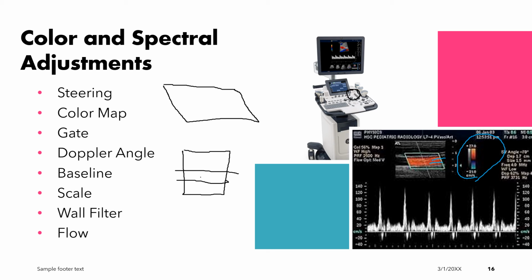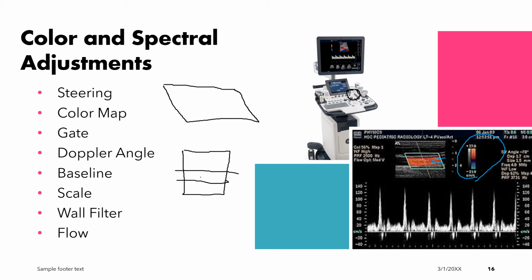Now, an important note to make here is that as an operator, you have the ability to invert this color map. So let's say that you've got red toward, blue away, but your vein appears blue, and you'd feel much more confident and comfortable if it were to be red. Rather than changing all of your box angling and heeling and towing and all of that, you can simply invert